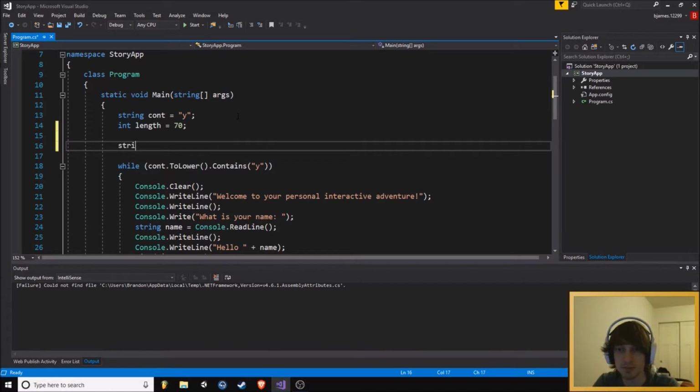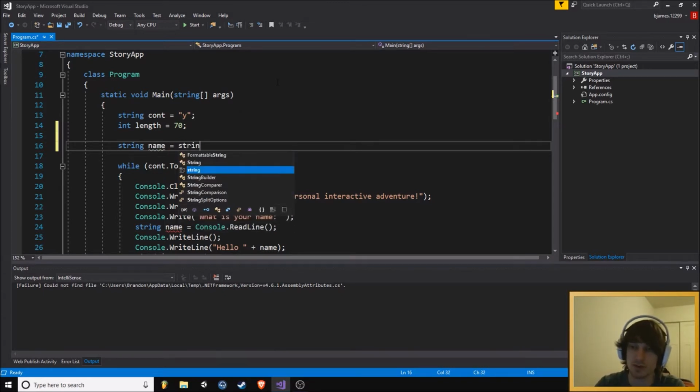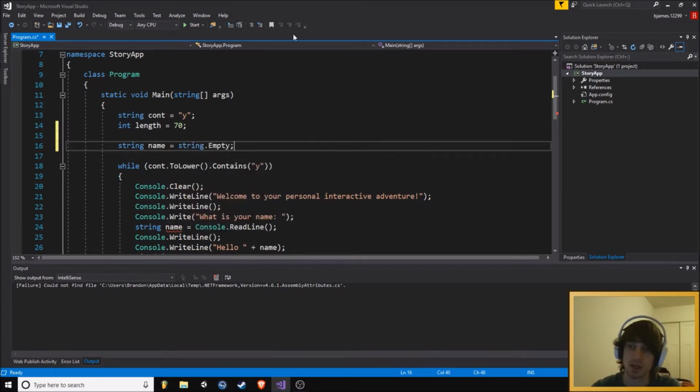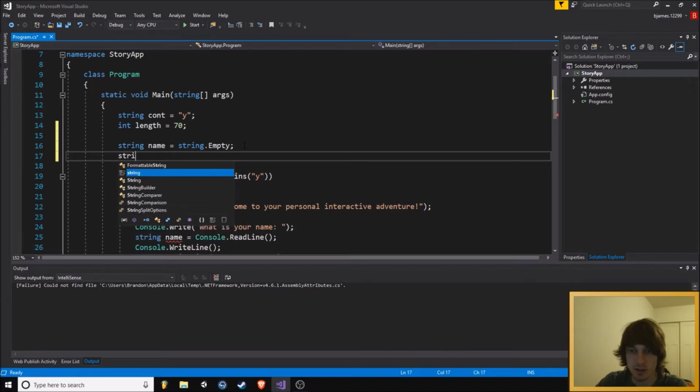So name equals, and then we'll just leave it empty for now, or you can do string.empty. Often when you have a type and then dot and then empty, it'll just set it to whatever the default is for that type. I don't need my headphones on. Had those left on from earlier. Let's see. Okay, so you have a name, and then we have